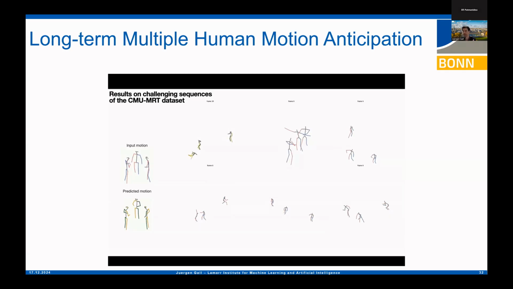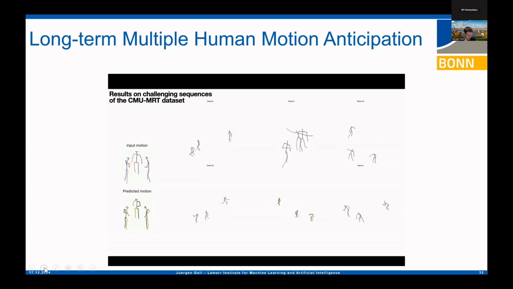And since there was a strong limitation in the datasets, the Haggling dataset I mentioned before has nice social interactions, but the persons are not moving, right? They're always standing at the same location because they were captured in a small dome. Their capture area was relatively small, so they cannot really run around. And in this kind of dataset that is just shown here, there is much more motion. People are moving around, but there's not much interaction.